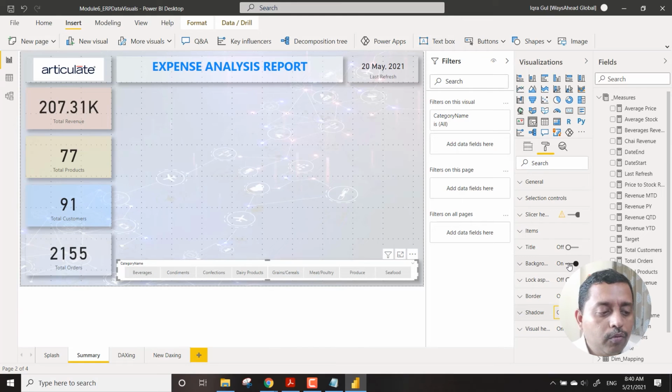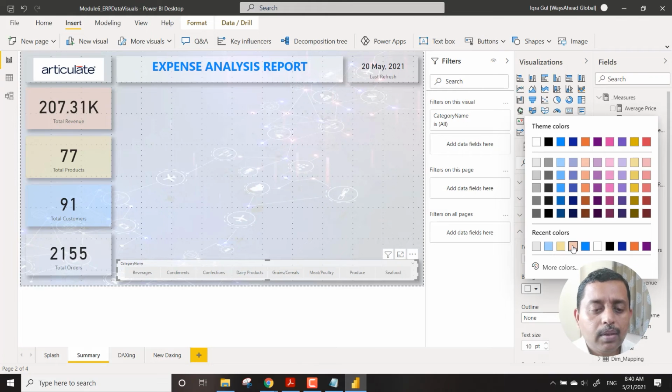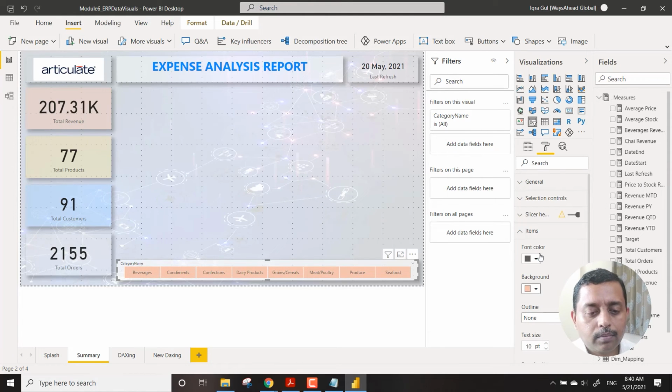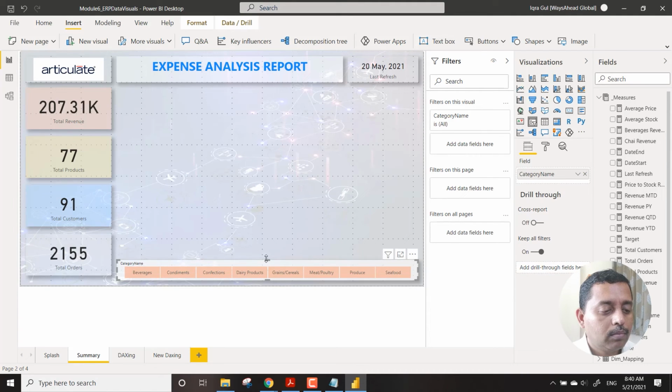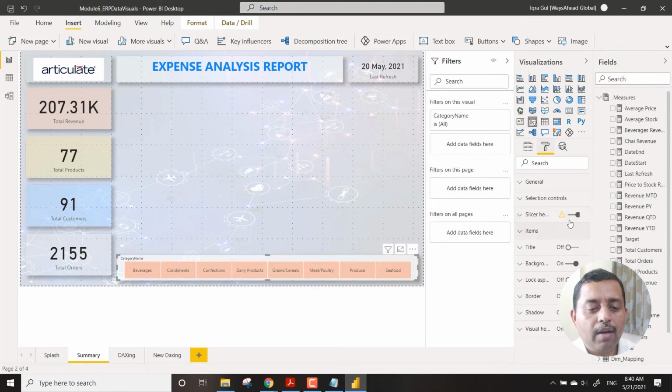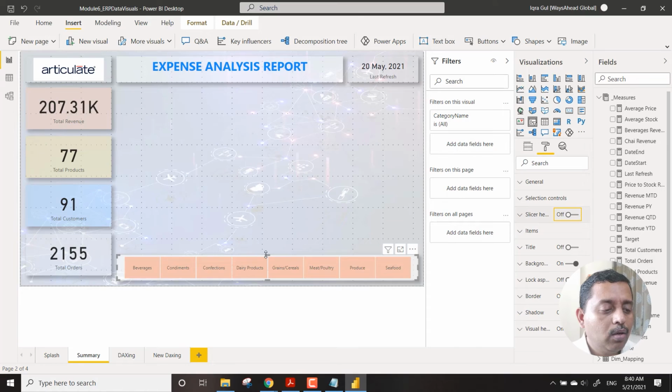We can remove the background, or maybe just have a transparency the way we have it for others. Talking from the items perspective, we can bring some colors over here. So this is what our slicers might look like. And usually we don't have this header so that it looks uniform.